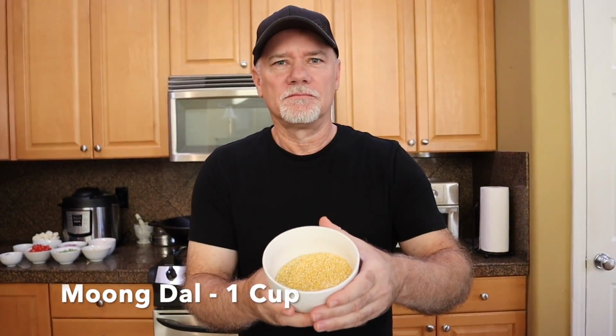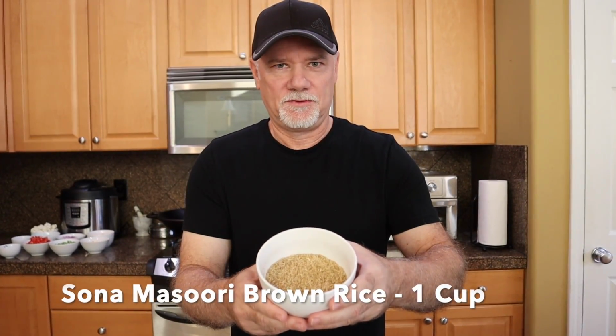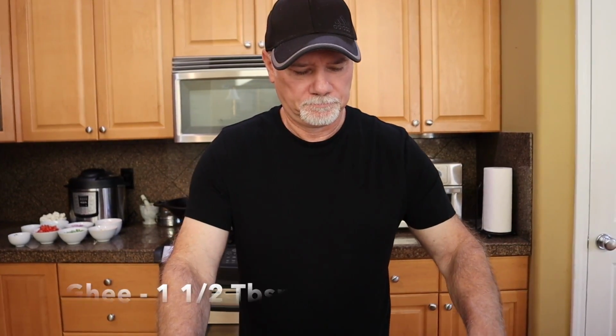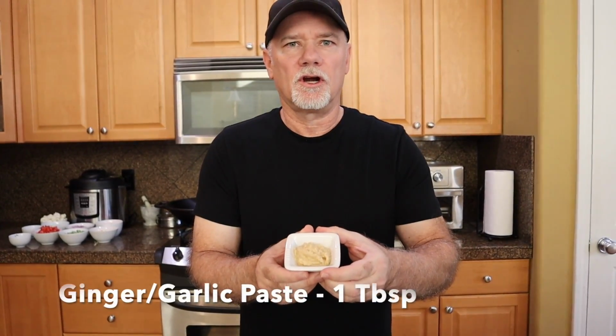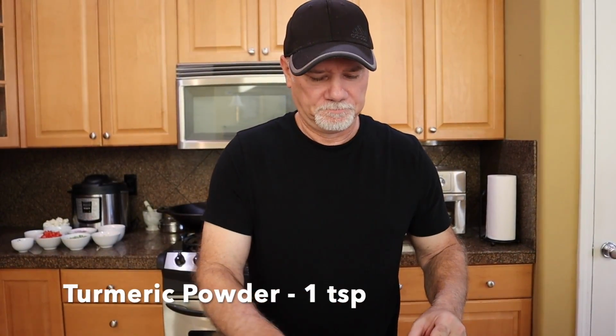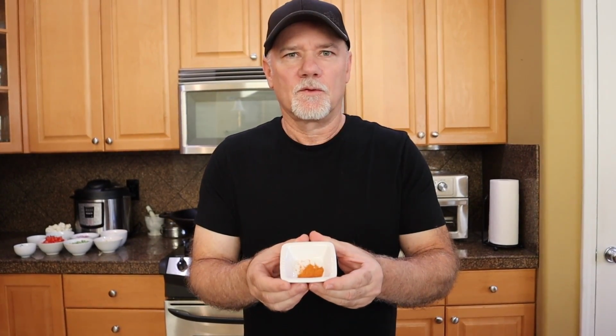Today we have so many ingredients, we're going to have to do it in two parts. So first of all, we have our moong dal and we have our rice. We're using Indian brown rice. We have our ghee, ginger garlic paste, turmeric powder, red pepper powder,